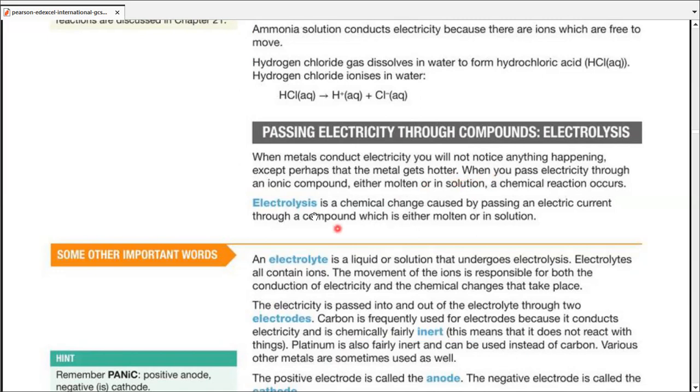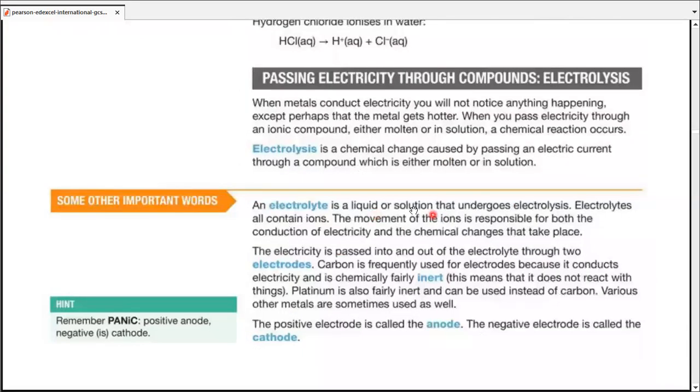So we started defining electrolysis as a chemical change caused by passing of an electric current through a compound, either in molten or in solution state. And we started calling those liquids or solutions electrolytes. So yeah, we use this word,